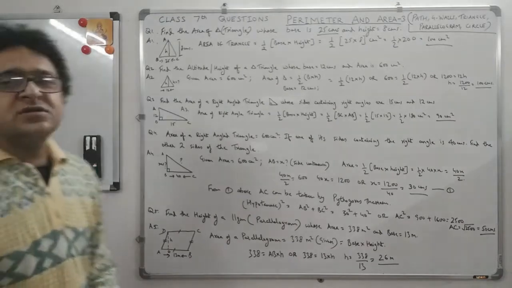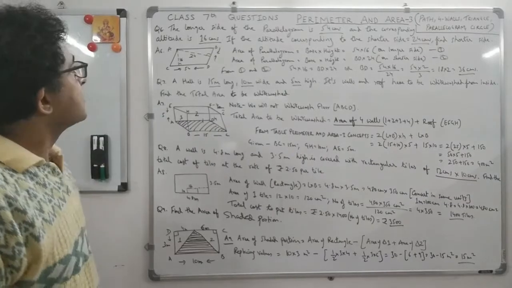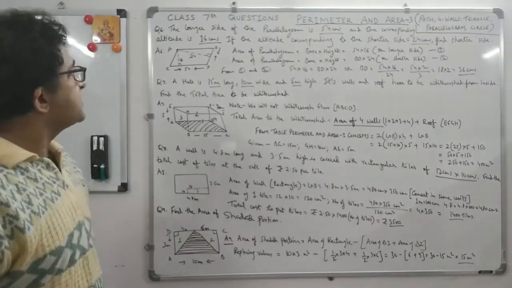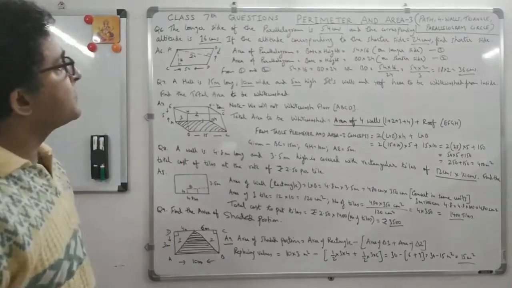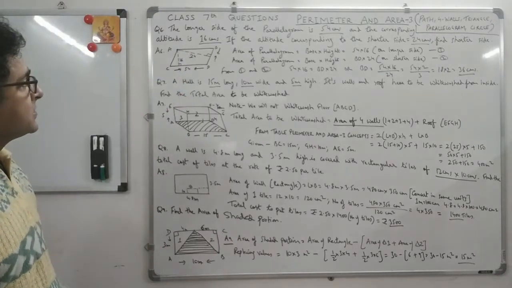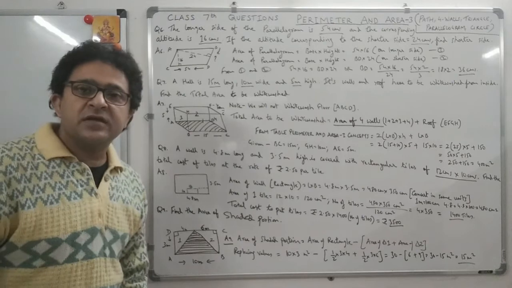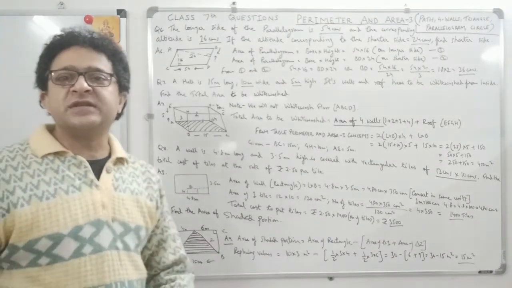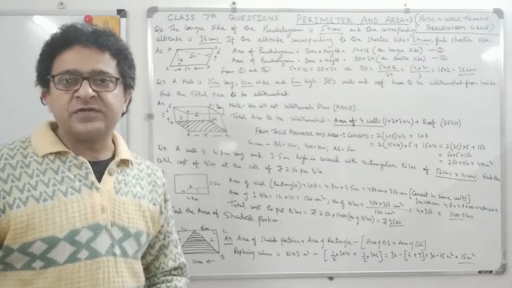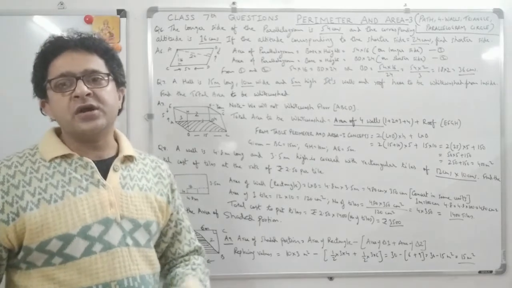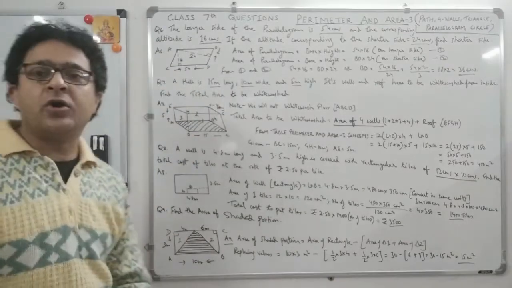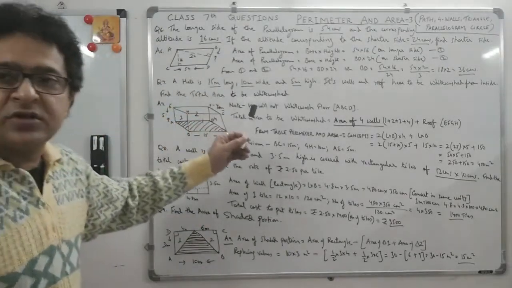Now we have some more questions, and let's proceed further. Two questions on parallelogram as well as further. So the sixth question is, the longer side of the parallelogram is 54 centimeters and the corresponding altitude is 16 centimeters. Okay. You remember I told you in the concepts, which was in tabular form. So do study the perimeter and area, the very first video on concepts. There was a longer side and the shorter side of the parallelogram, and then their corresponding altitudes. So let's see. This is a similar question on that concept.